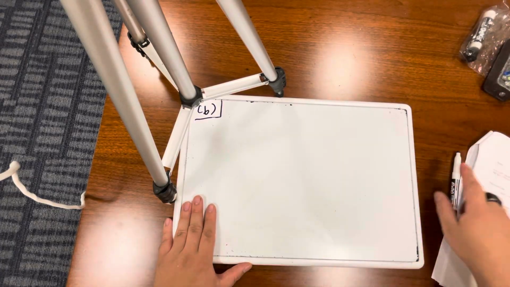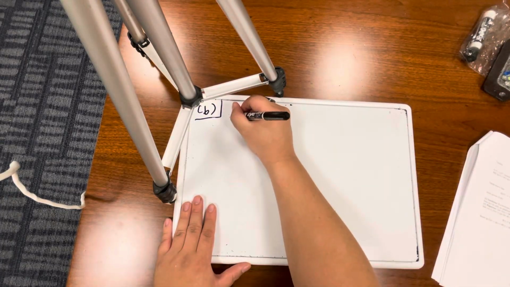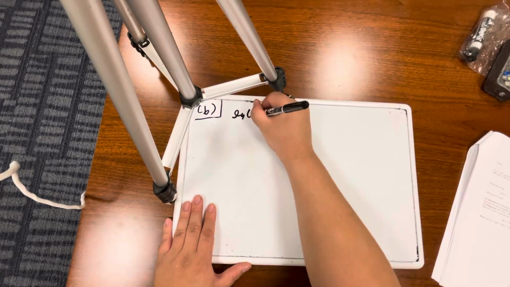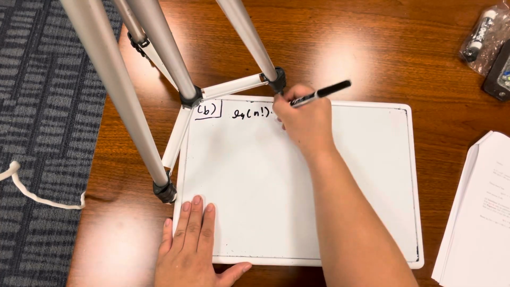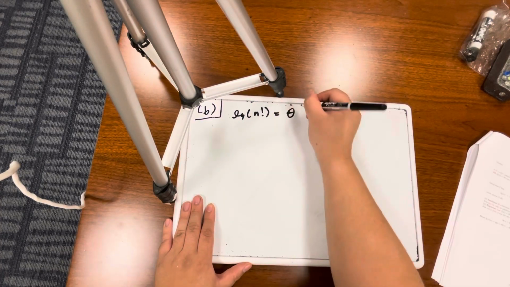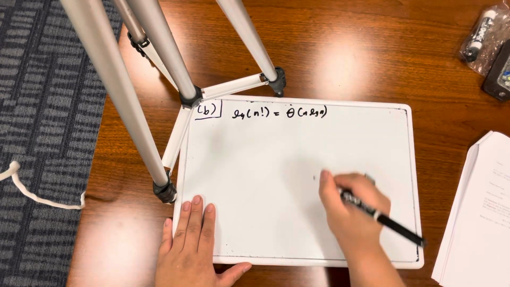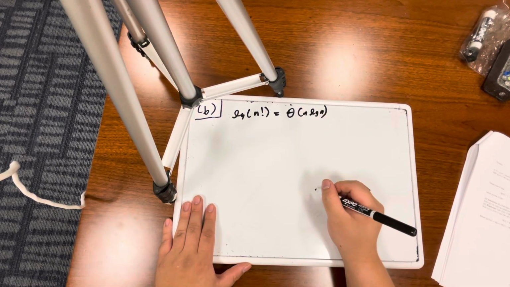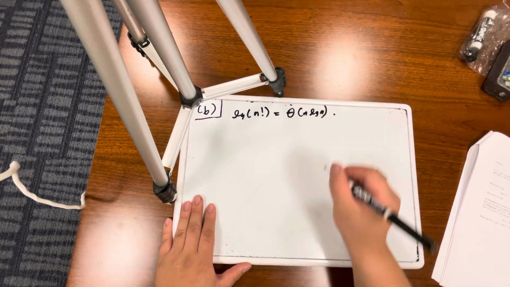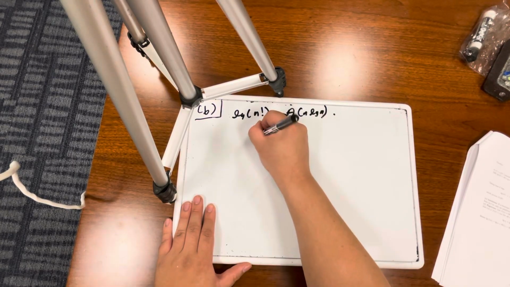Now let's go on to the next part, which is we wanted to show that log of n factorial is equal to theta of n log n. So by Stirling's approximation,